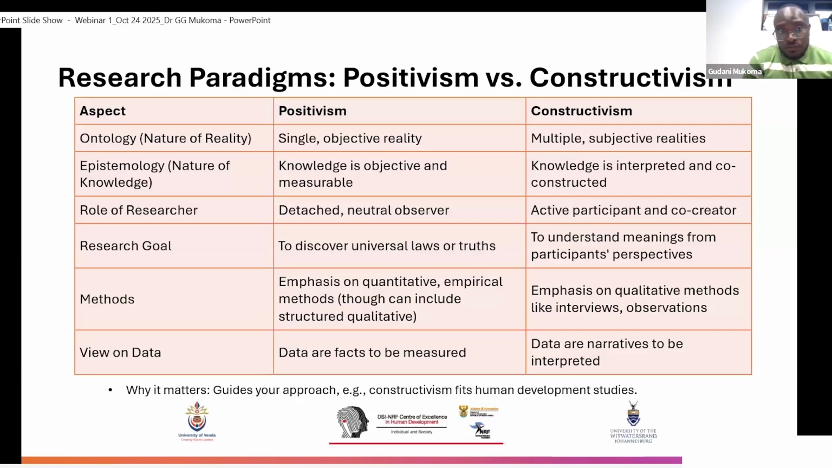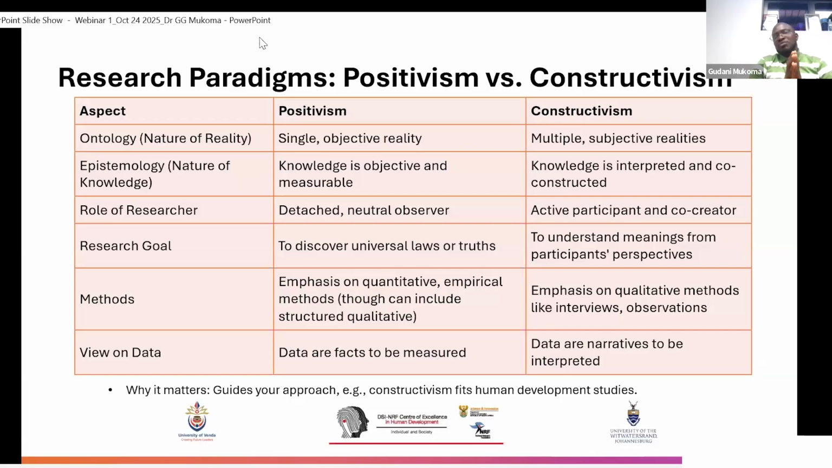This is much more about a single phenomenon or objective reality; when we talk of objective, we are talking about certain types of measurements. And when we look at constructivism, this is where we talk of multiple issues or subjective realities. So this is a number of issues that are coming together to affect individuals. And when we also look at the nature of knowledge, in positivism, knowledge